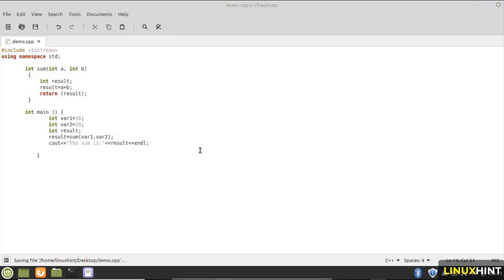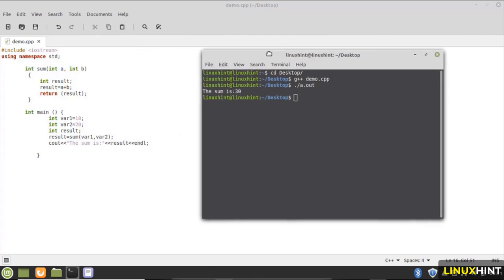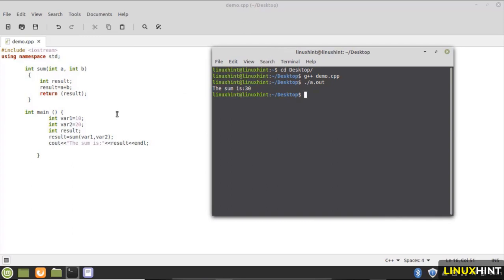So open up your terminal, and the demo.cpp file is stored on the desktop. So change the directory to the desktop. Write here g++ and the name of the file, that is demo.cpp, and now compile this. The file is compiled. Now execute a.out, and you can see that the sum is 30 because 10 plus 20